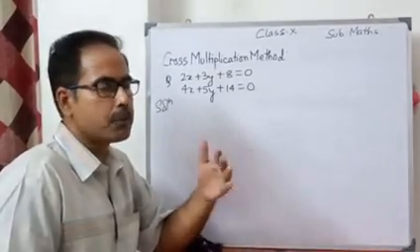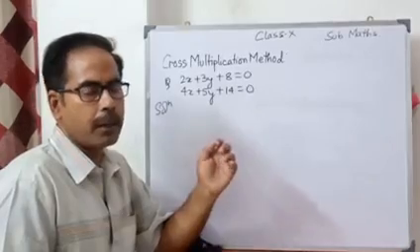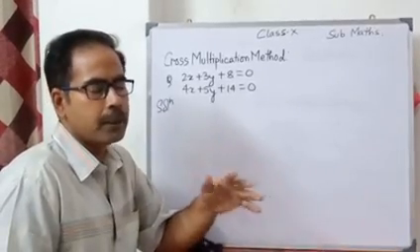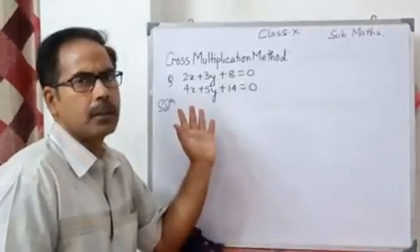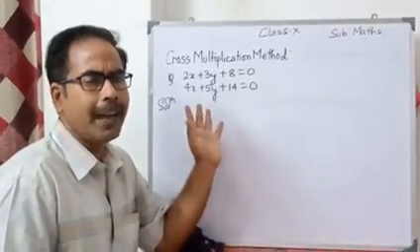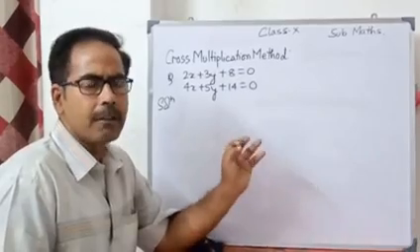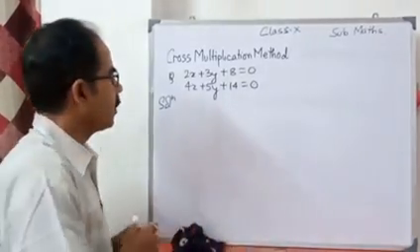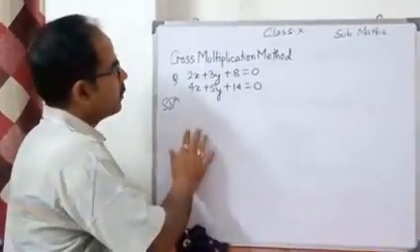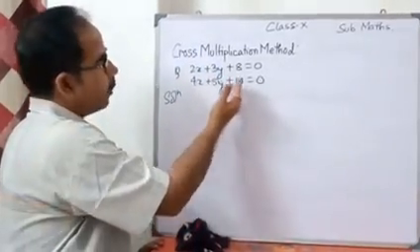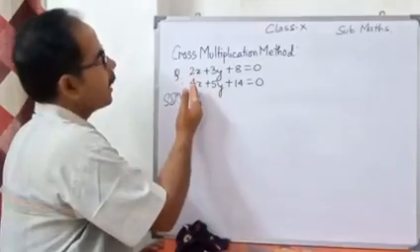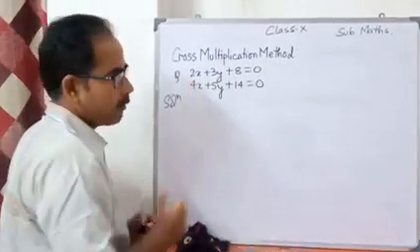Whenever in any maths, suppose it is given that solve for x and y, and no process has been given, substitution method or elimination method or cross multiplication method, it was not mentioned in which method you have to attempt, then go for the cross multiplication method, because you will get the answer very easily. Just check it out. Beforehand, let me tell you, whenever we are attempting the cross multiplication method, we have to take all the things this side, that is x part also, y part also, and the constant value also.